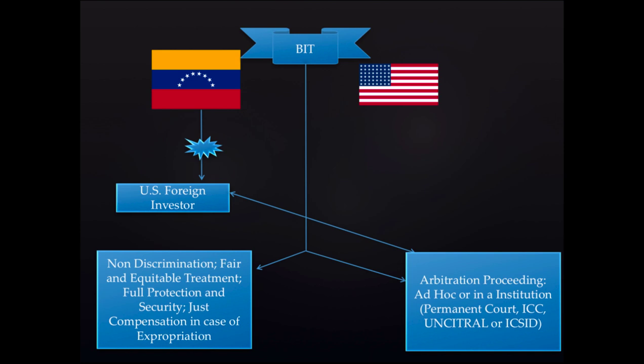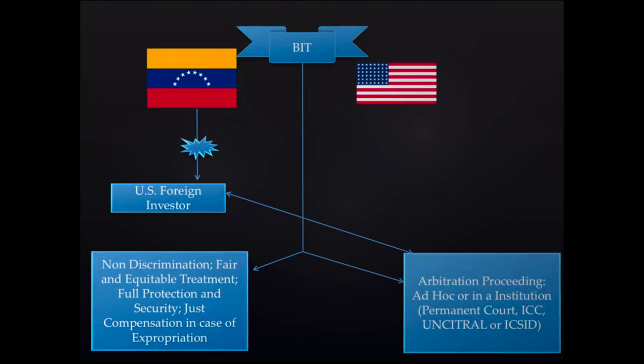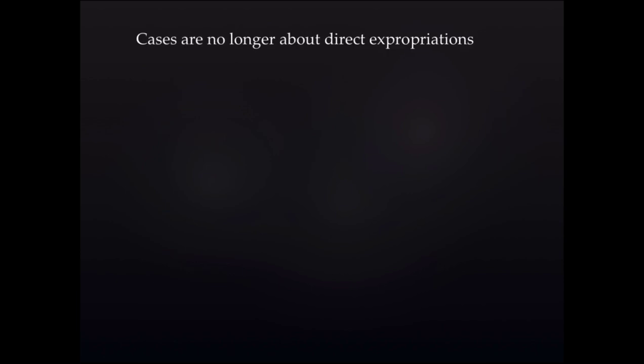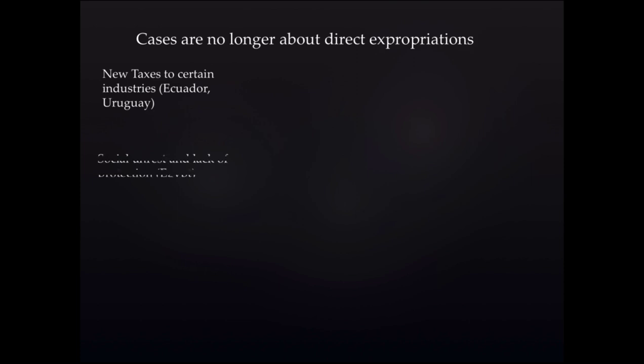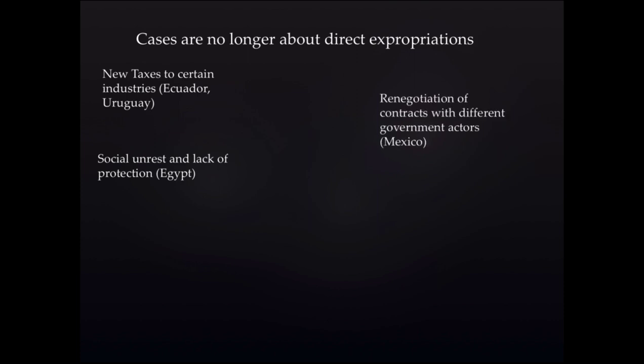But today, most of the cases are no longer about direct expropriations. So for example, what we see today is that many cases dealing with foreign investors have to do with new taxes to certain industries, like it happened in Ecuador with the oil industry or the tobacco industry in Uruguay, social unrest and lack of protections, like it has happened in Egypt, renegotiation of contracts with different governmental actors, as it happened in Mexico and Venezuela,